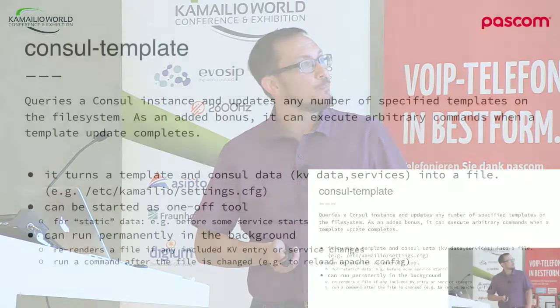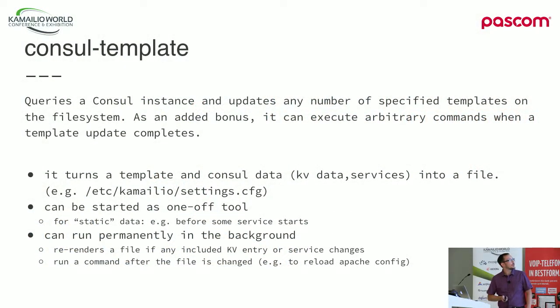Okay, then, and that's really a key in our architecture, there is a tool from the same company called Consul Template, and it can query a Consul instance, and then it can interpret a template and render that template into your file system. That means you could do kind of a for-each loop over all your, let's say, backend API servers and provision your Apache with it. If one of the API servers goes away, it will re-render that template and reload the Apache. So basically what Simon's tool does as well, but yeah, different tool, same purpose.